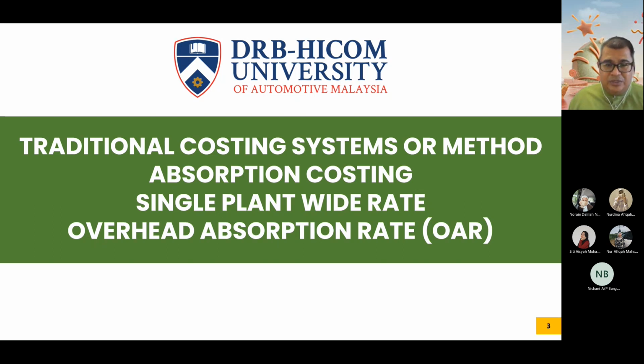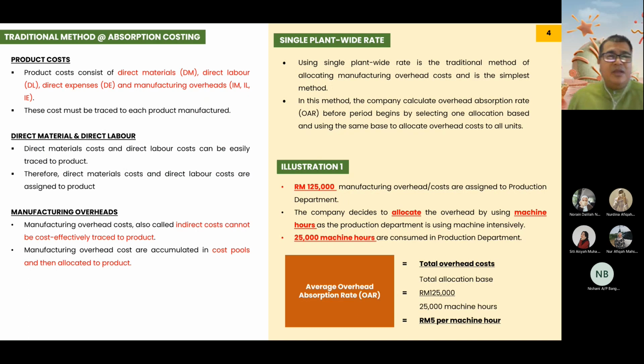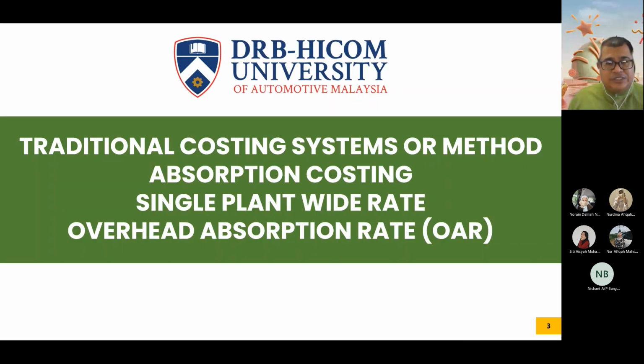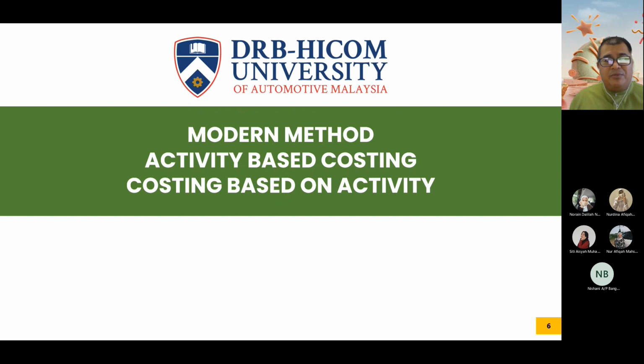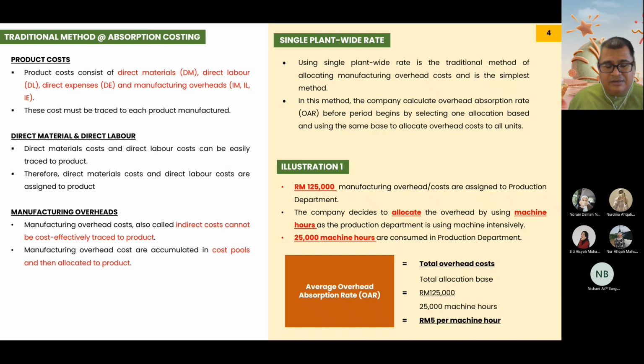So this one kita akan guna semula untuk this chapter untuk kita buat comparison between traditional costing system and modern costing system, which we call it activity based costing ataupun costing based on activity. Okay. When we are using this is the traditional costing system, and then after this we are using the modern accounting system, which is activity based costing. So sekarang ni this one kita boleh buat as a refreshment for chapter 2 and 3. Okay, for traditional method or absorption costing method,